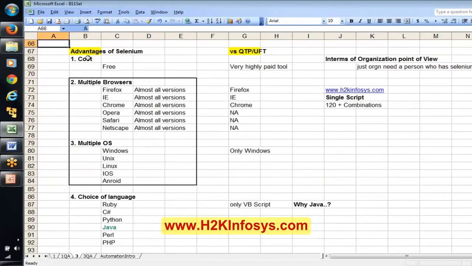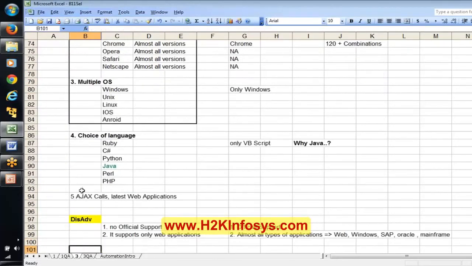Here we understood cost, multiple browsers, multiple operating systems. Here I said choice of language. Apart from this, I said Ajax calls or latest web applications. It means if you have any latest web applications, Selenium is preferable to automate the latest trends.